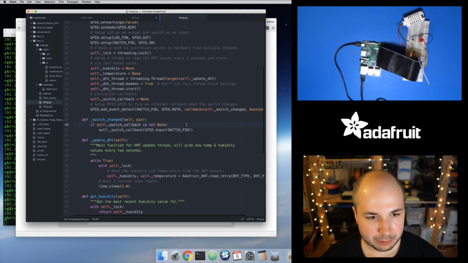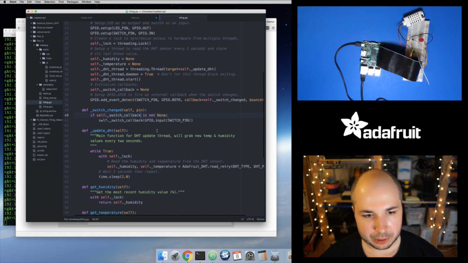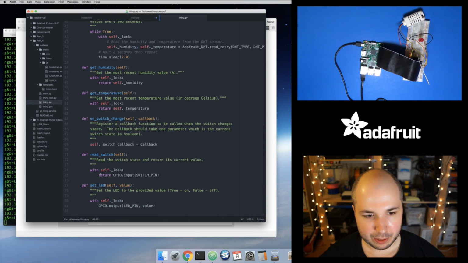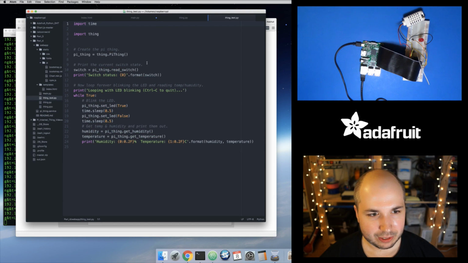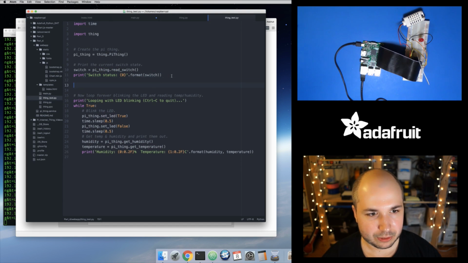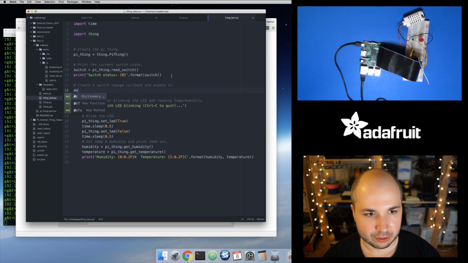So okay, not too crazy, pretty straightforward. So this should be all that I need to do in theory. If I write some code that calls on switch change and I give it a function, that function should be called when the switch changes. So let's try it out. Let's go to our thing test, and here let's create a switch change callback and enable it. So let's make a little function in here. We'll call this switch changed,